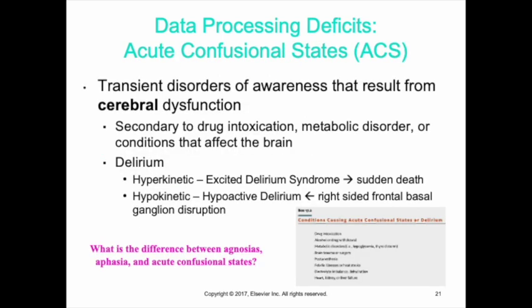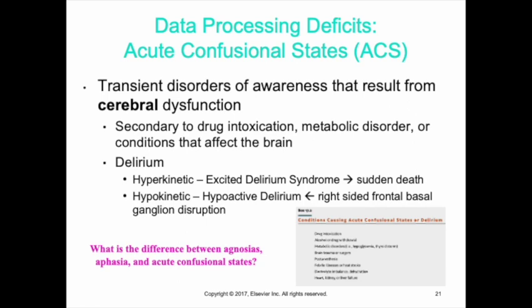A type of data processing deficit is acute confusional states, or ACS. And these are transient disorders of awareness, and they result from cerebral dysfunction that can be secondary to drug intoxication, metabolic disorders, or conditions that can affect the brain. In terms of delirium,